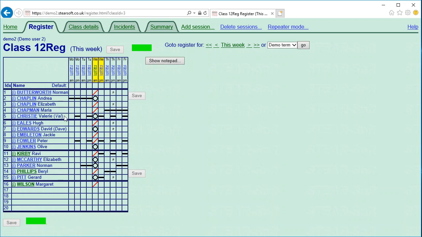Those students who are only in for half the day, they're still going to appear because you will want to see them, and we're not sure what sort of time of the day it is. STEARsoft isn't quite clever enough to know whether you're opening this to mark something for the morning or the afternoon. So they will still be